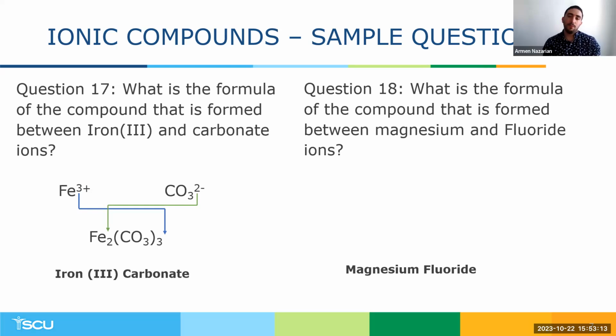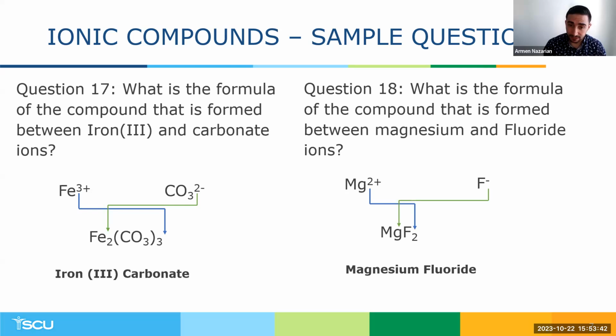Another example would be magnesium and fluoride. What is the magnesium ion's charge? Magnesium is in group 2. That means it's going to be Mg2+. Fluorine is in group 7. It will become fluoride, right? F-. So again, you can cross multiply the charges for the subscripts. Magnesium is 2+, so that means fluoride's subscript would be F2. Fluoride's charge is 1-, that means magnesium's subscript would be Mg1.